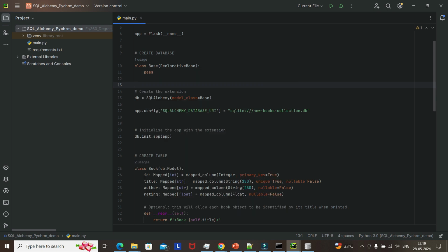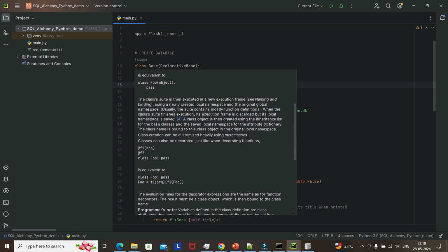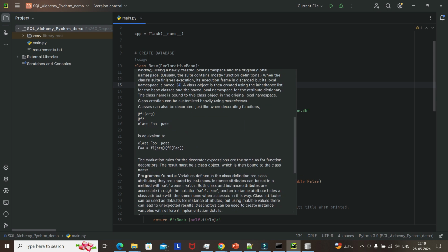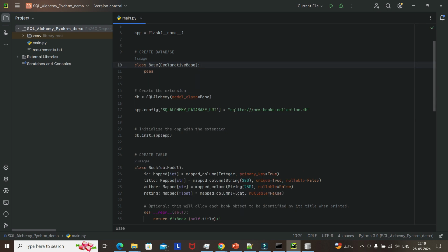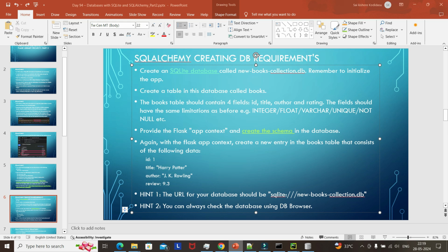So we can directly see the documentation, like the docstrings for a class keyword, how it does. Now we have done the same thing. Now initialize the app. So now if I just go back,